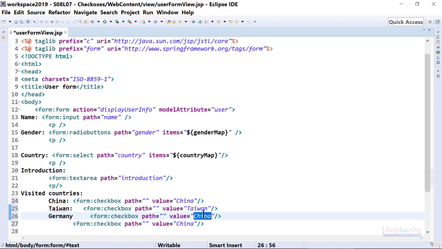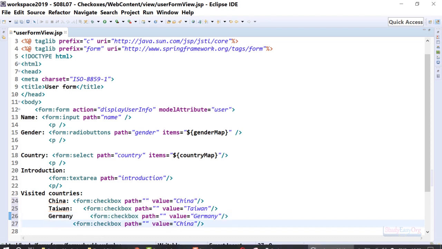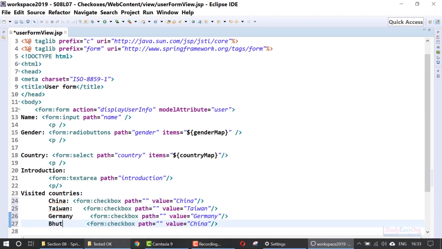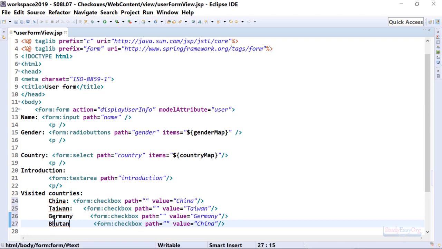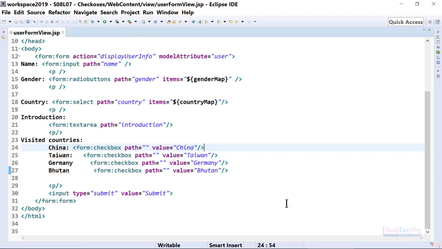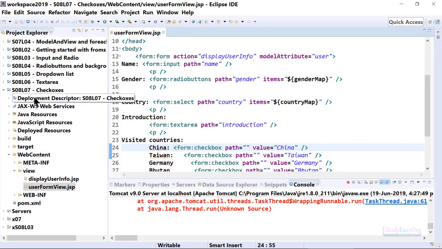Let me copy the name, let me paste it in here, and finally maybe Bhutan. Alright, so this looks good to me, and now let me format things a little. Alright, so this looks good, and now if, for example, I quickly run this application, then you would be able